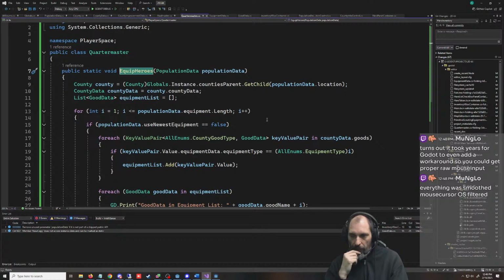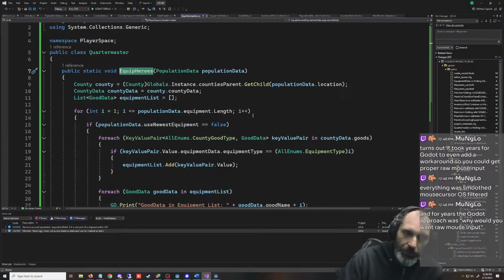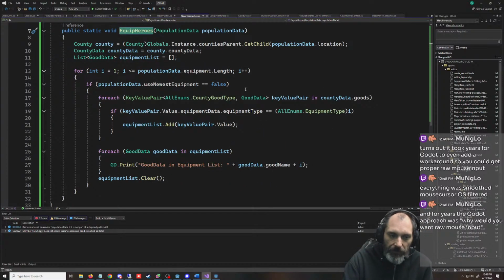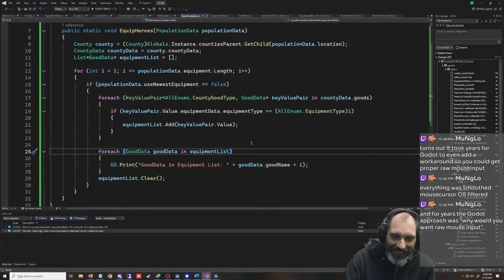Get proper raw, and it does it now though, right? I've used the input system, but I'm not knowledgeable enough to do any of that stuff.